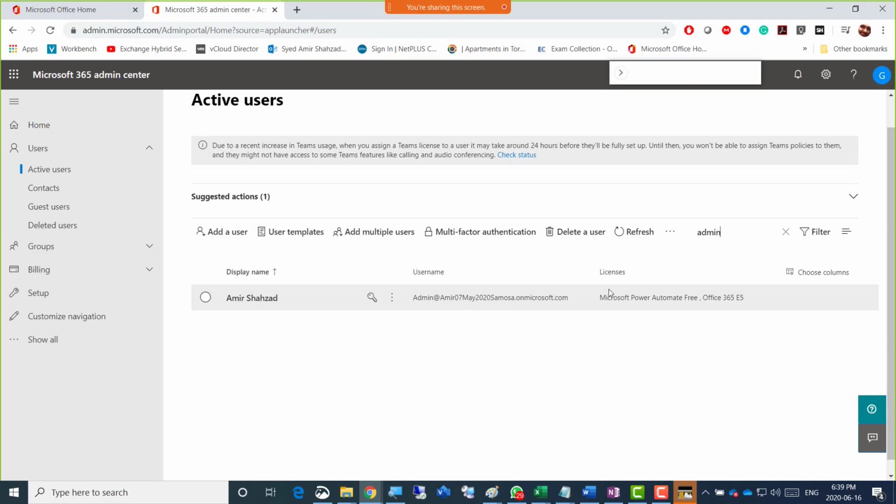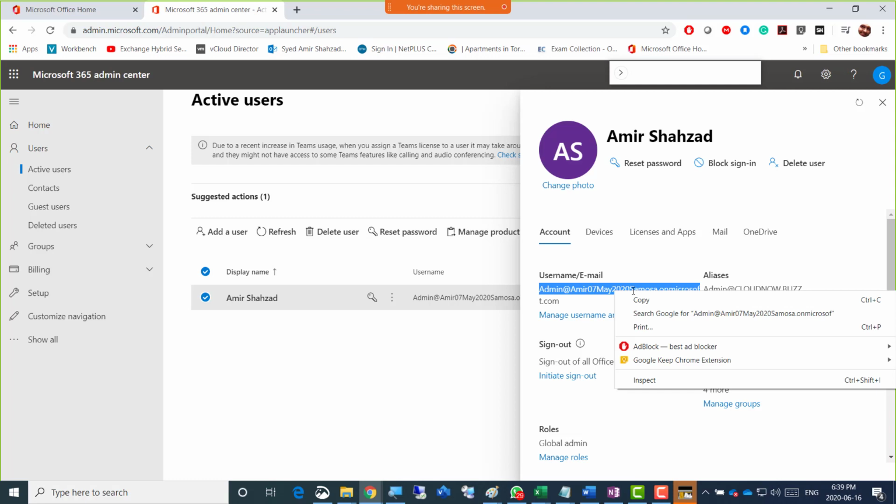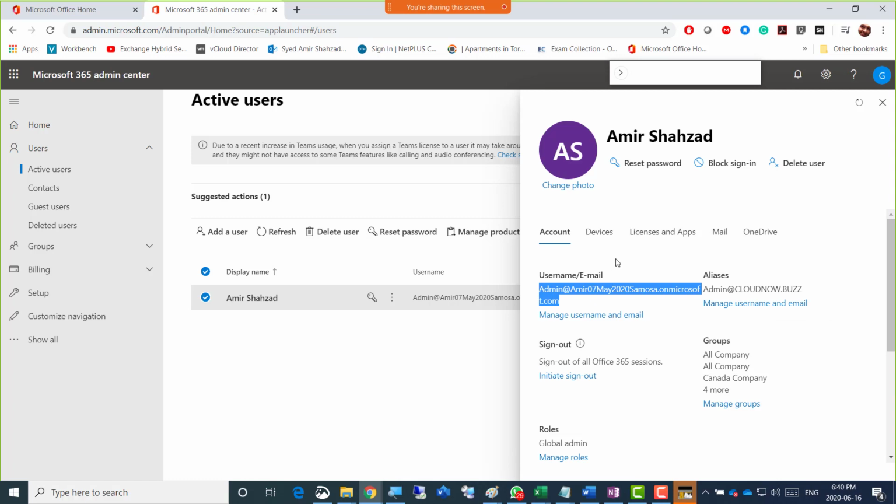So only the global admin itself, from which I'm logged in, is remaining. So I'm going to copy this admin account, which is back to the old domain. Pretty much all the users were selected, so that's when this was also selected. Okay, it's there. So I'll log in with this admin using the old email now.